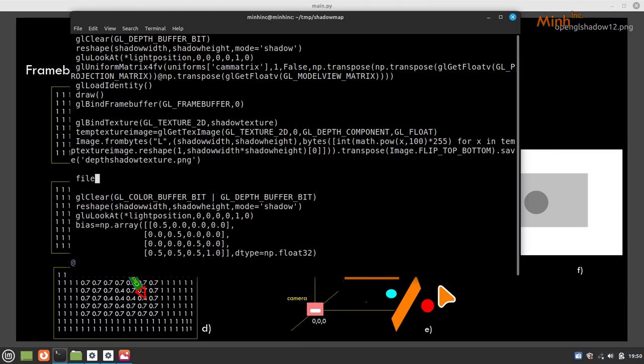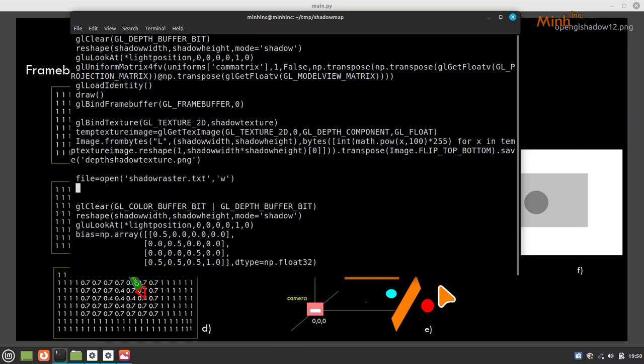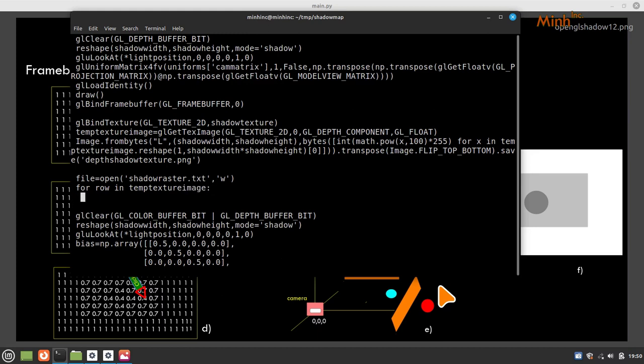We'll say file equal to open shadow raster dot text, and then for row in temp texture image, file dot write join